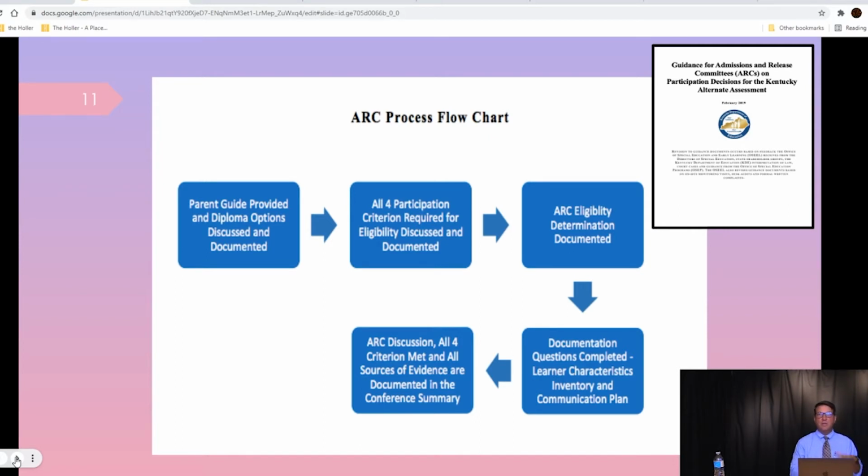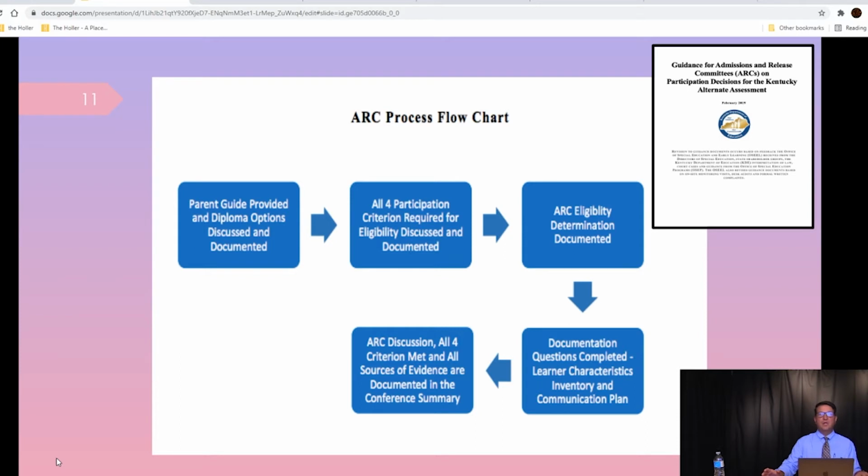It can be either documented in 2 or 3 places, and we'll go through that as we look at the nuts and bolts of the record review document itself. But just know that you're going to have to document that communication plan. If there's a need for a communication plan and the student has that need, then you're going to have to document that in the present level, in the special factors. You're going to document it through goals or supplementary aids and services, and we'll go through that again as we move through this training. ARC discussion must be documented, all 4 criterion met, and all sources of evidence are documented